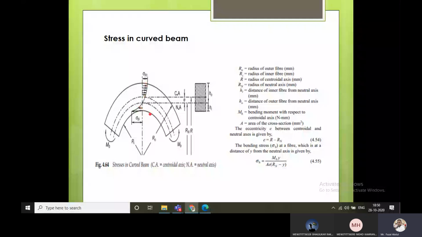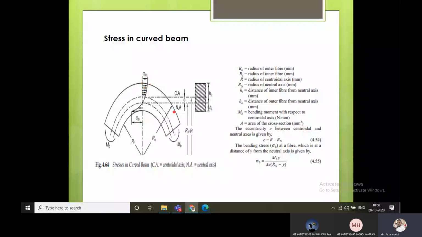What happens is that because we are bending this, the material gathers extra here, and here, because of the bending, cracks start to form, since the upper fiber is always subjected to tension. So curved beams have two types of stress conditions: one is tensile stress, one is compressive stress. For these two conditions, Young's modulus is the same. That is the meaning of this.